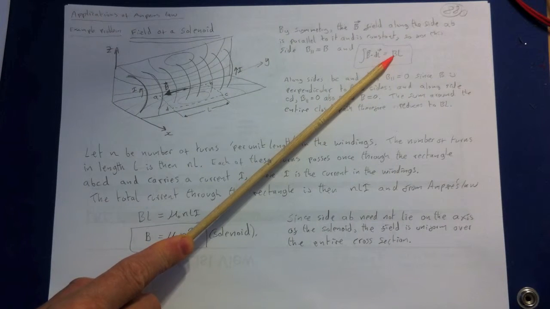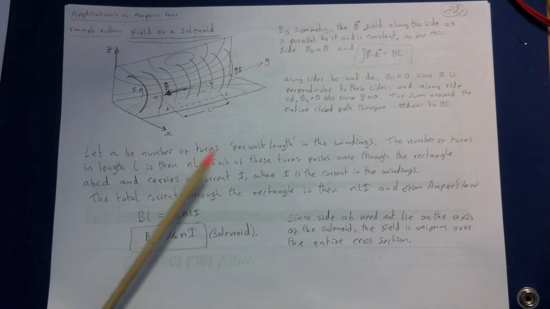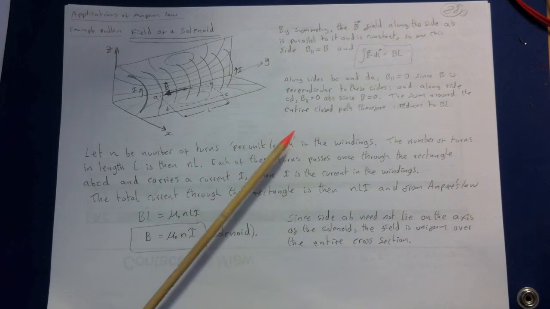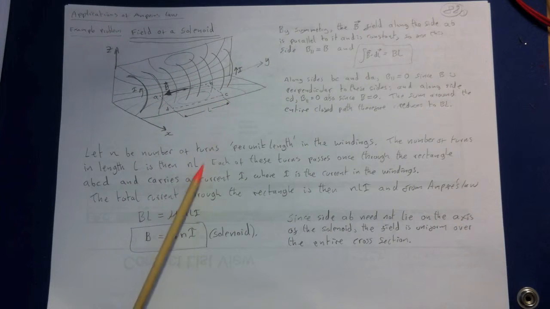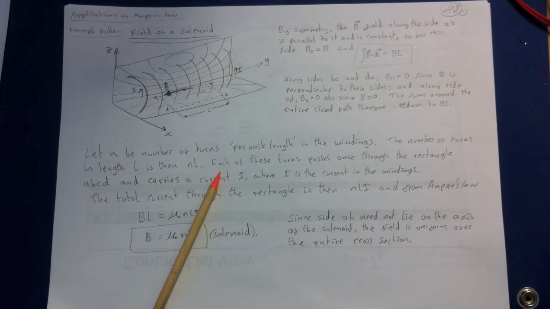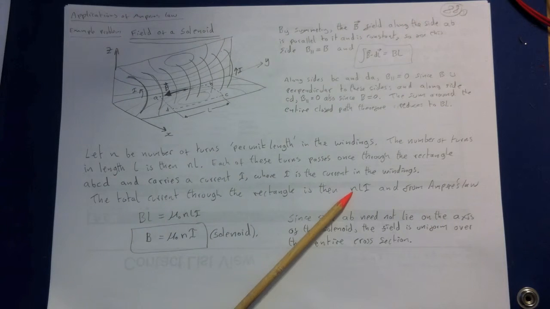So what we're going to do then is let N be the number of turns per unit length. So we're going to introduce N. We're going to say that N is the number of turns per unit length in the windings. If we count out the number of turns along L, we're going to get NL. That will give us the total number of turns along L. Each of these turns passes once through the rectangle ABCD and carries a current I, where I is the current in the windings. The total current through the rectangle is going to be NLI,